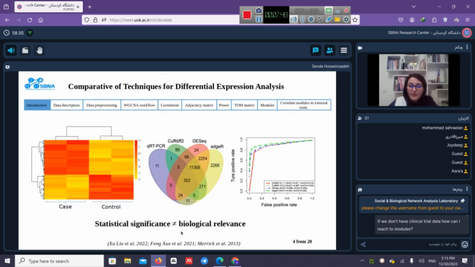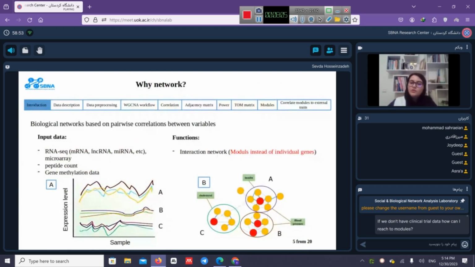Therefore, after identifying the significant genes, we have to do some validation analyses. One of the important validation analyses is using the WGCNA package. And we know a complex trait is controlled by multiple genes, or it's better to say, controlled by multiple groups of genes. And it's better to identify those groups of genes instead of a list of genes, because in this format